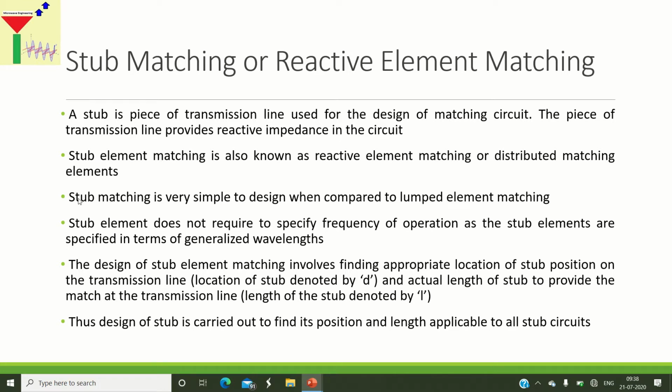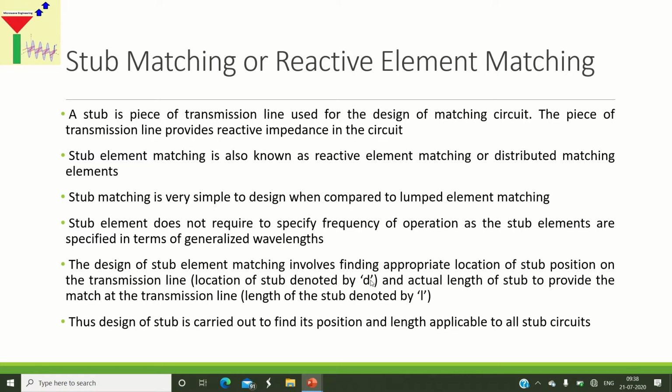Okay. So in terms of this particular compulsion, the stub element matching is much more flexible, right? So the design of a stub element involves, what is the design of an impedance matching circuit using a stub? The design involves finding the appropriate length and position of a stub. So we need to find where we want to place a given stub. That distance we need to find, we call this distance the location of the stub, and it is indicated